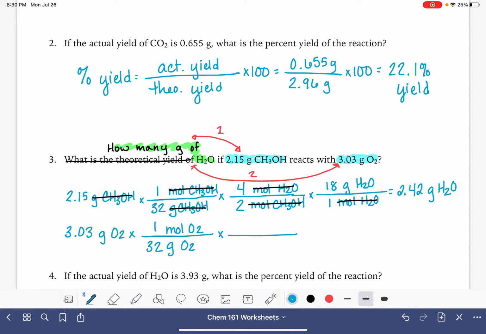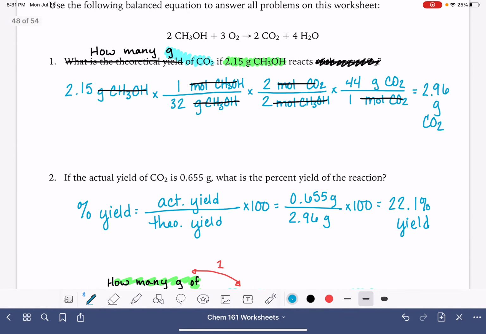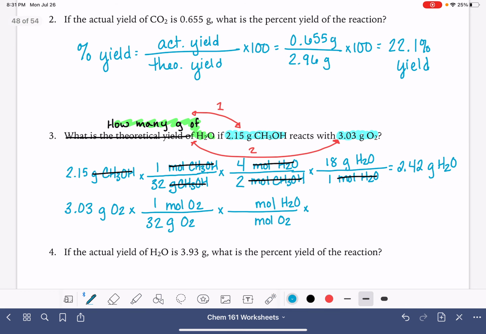Now we need to get rid of the units of moles of O2. We want that mole of O2 unit to cancel. So we're going to convert into the unit that we're trying to solve for in this problem, moles of H2O. The conversion factors for this step are going to come from the balanced equation. We need to reference that. H2O is 4 and O2 is 3. Those are the coefficients. H2O's coefficient is 4, O2's coefficient is 3,